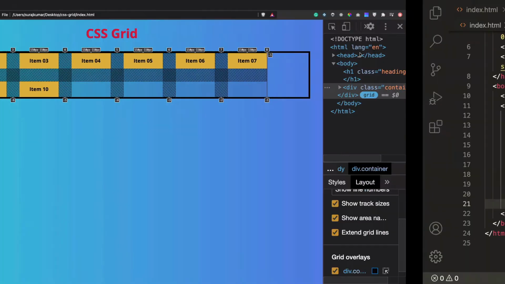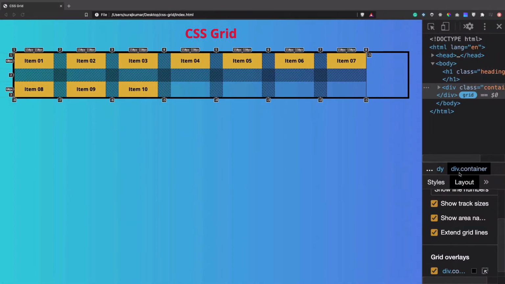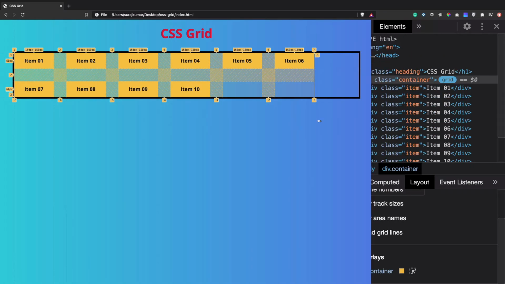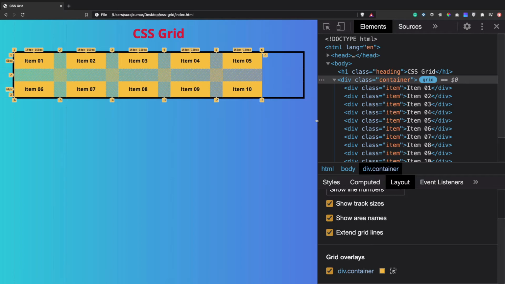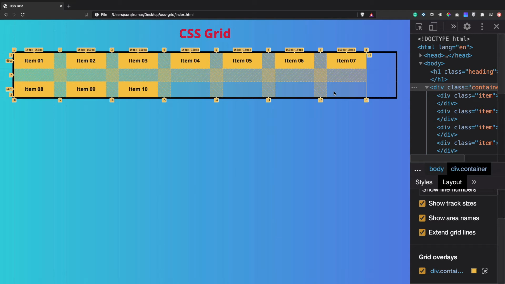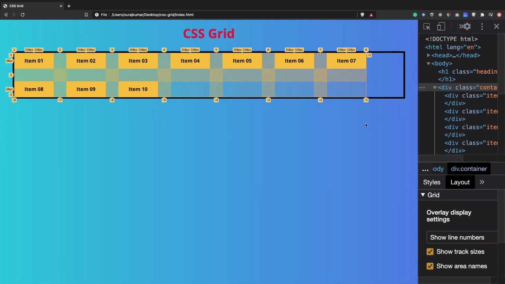Now we have another property, not property actually. Instead of autofill, we can also say autofit. Save this, give it a refresh. Okay, again get back to it. You may not find any difference between autofill and autofit. I can see here that there's no difference for now. The same thing is happening as was happening with the autofill. Now we'll see the difference, what is actually happening here.